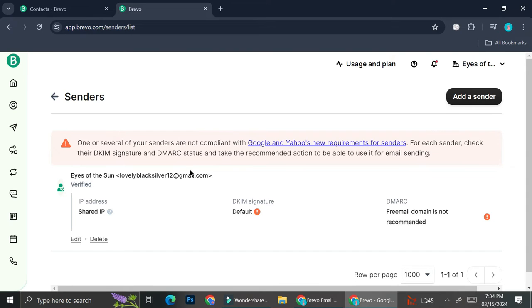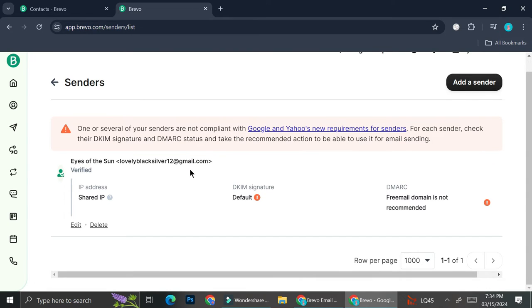Currently, the sender that I have is this one right here. And if I'm going to send an email through Brevo, if I'm going to create an email campaign, this email is going to be the one that shows on the email. But if you have a more professional email, because mine is just my personal email with Gmail's domain, and let's say that you have one that sounds more professional